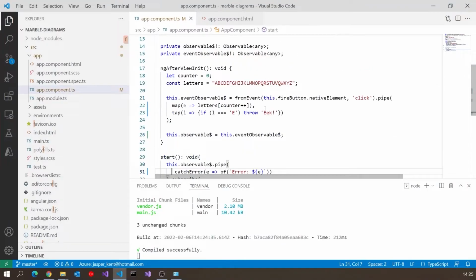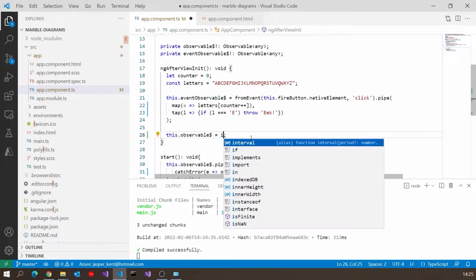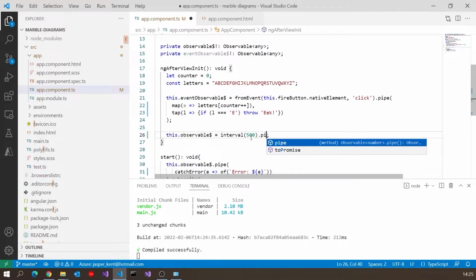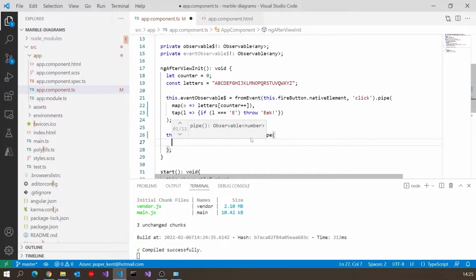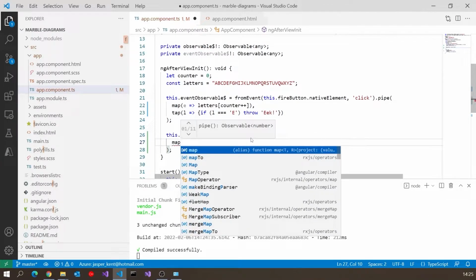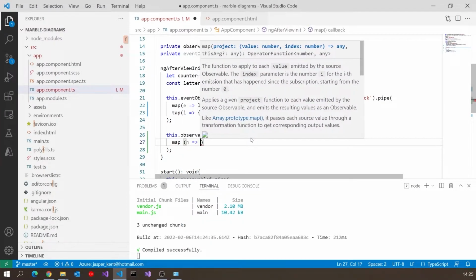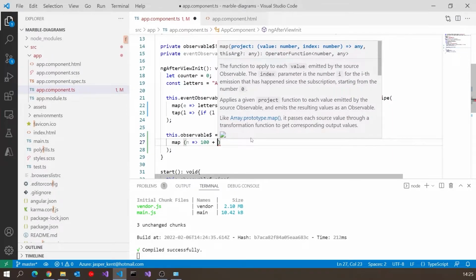So let's now have a look at some other things. Let's look at some simple operators that we've seen before, and let's start with map. So if I just go into here, on the observable, I could change this to interval, and again, 500 milliseconds, but now I'm going to do a pipe, and let's map that so that n for number gives 100 plus n.